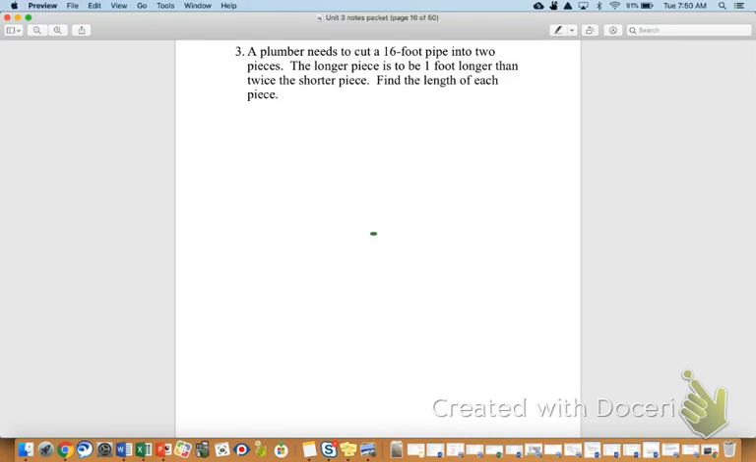I think a picture here is also a good idea, kind of like on the last one. So, say the pipe looks like this. It's 16 feet long, of course. It's cut into 2 pieces. So I'll just let this represent the cutting of the pieces. The longer piece is to be 1 foot longer than twice the shorter piece. So,